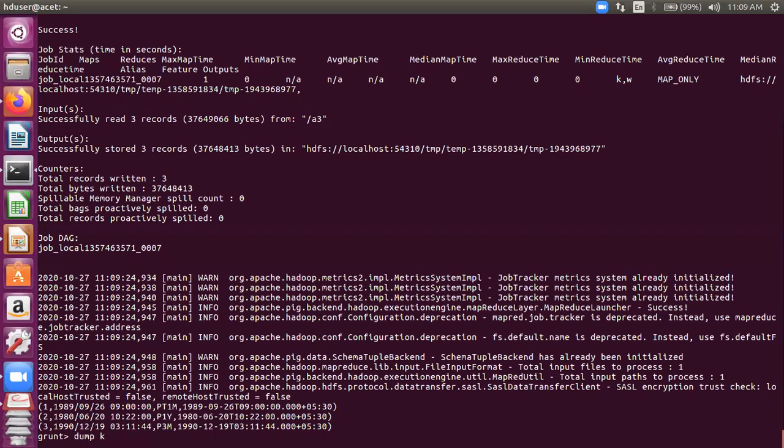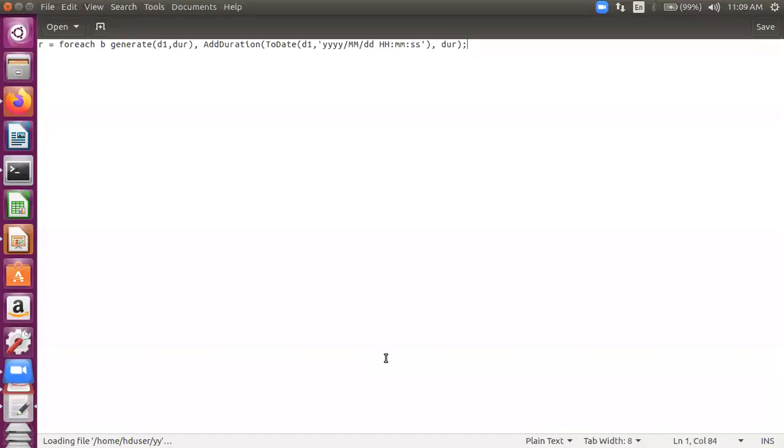What did we dump? K, okay. Can you see now? K contains 4 columns, first 3 from your original relation, int, char, and the last one is a date, okay. Now let's use this add duration, which I have done in this script here. Just need to change the relation names for each. K should be here. The rest, everything is good.